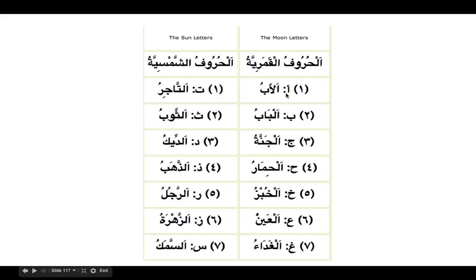For example, here we have al-abu and we have at-tajir. So this is a huruf shams and this is a huruf qamar. Al-babu, ath-thawb, al-jannah, ad-dik. If you see, the letter is doubled here, and here it is single and pronounced completely. So these are the things which we need to remember